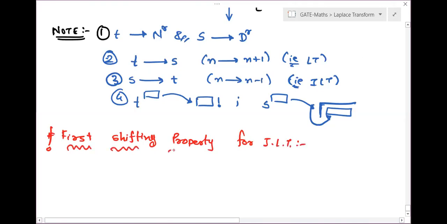For Laplace transform, in the first shifting property, if you observe, we were having this type of condition, that if